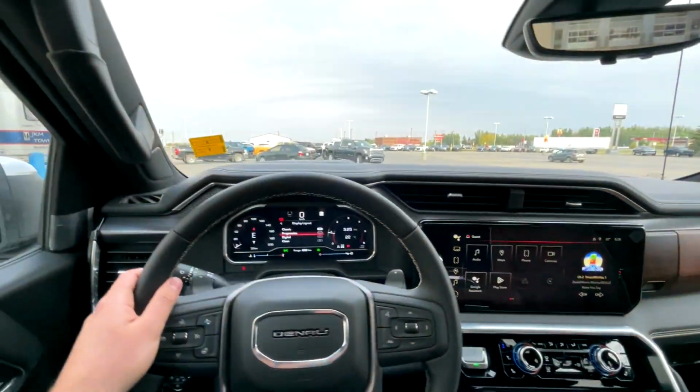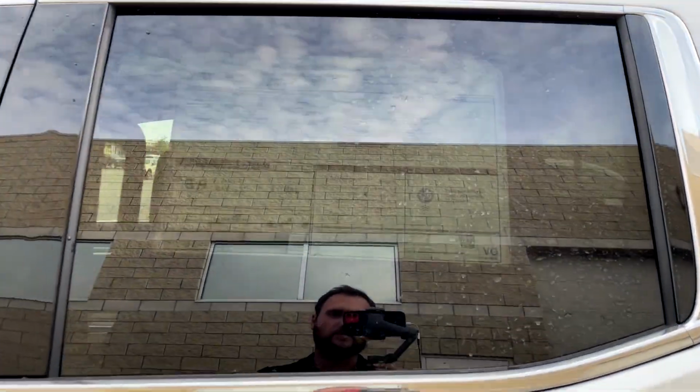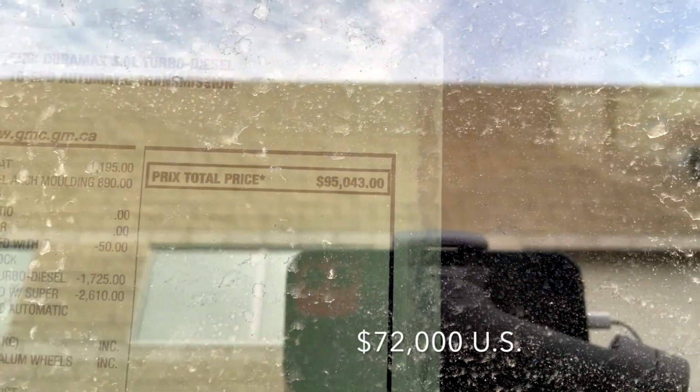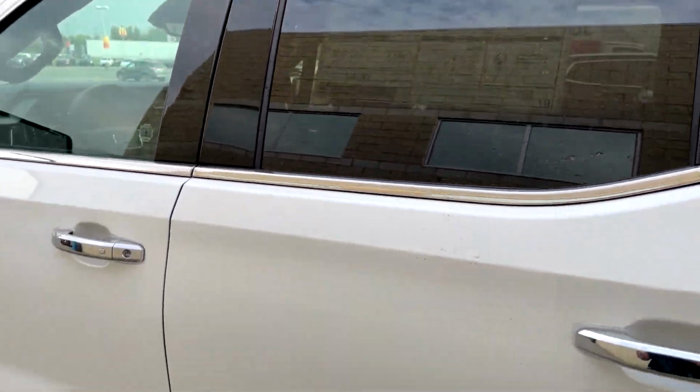But that is pretty much it for the interior, everyone. Let's take a look at the price outside. All right, so the price of this bad boy is, zooming in here, $95,043 Canadian. Now that is pretty much fully loaded. There's really not many options you have to add on this vehicle, but that is the